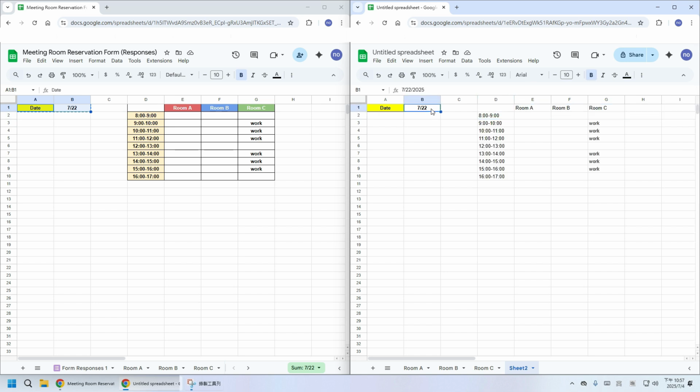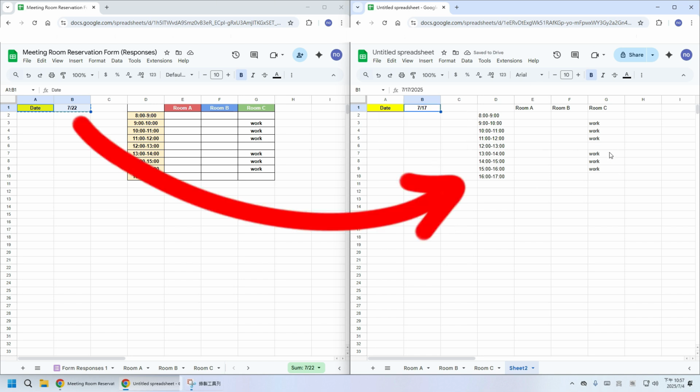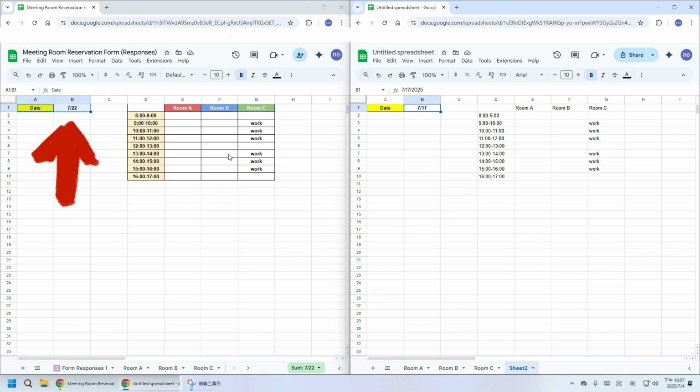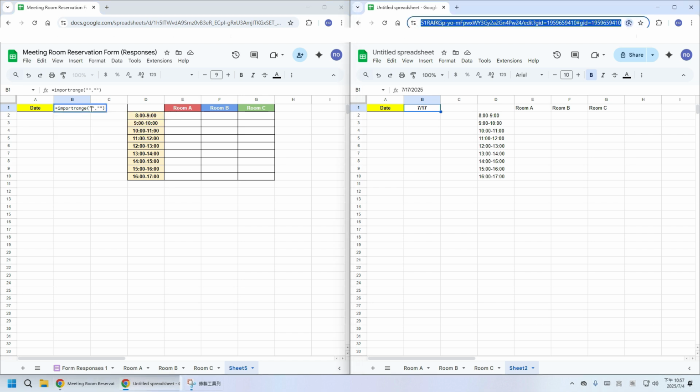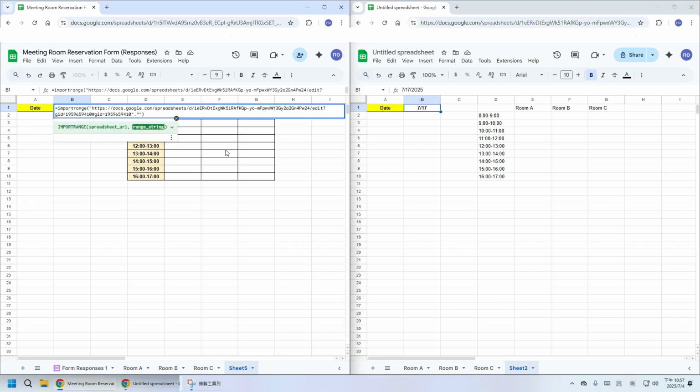If you want to try out the function here, you will find there's no response, since this schedule is based on the date here. We need to make settings here instead. The formula we use here is import range still. The range we use is Sheet2, B1.